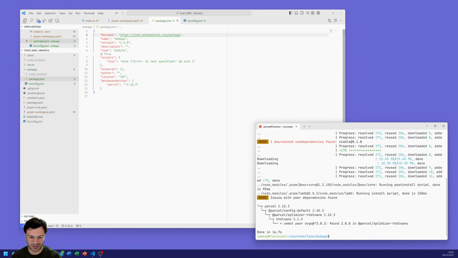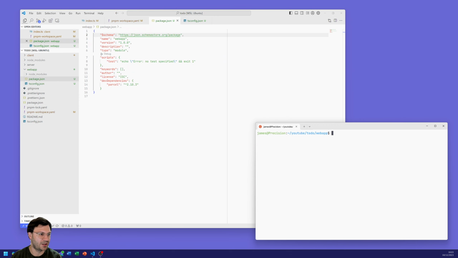There we go. So that's installed Parcel for us, and as you can see on the top left here, we've created our node modules folder. We're going to install, and that's our dev dependency because we don't actually need it to run the app. We're using it to build the app, and then